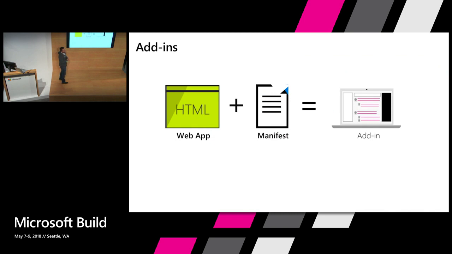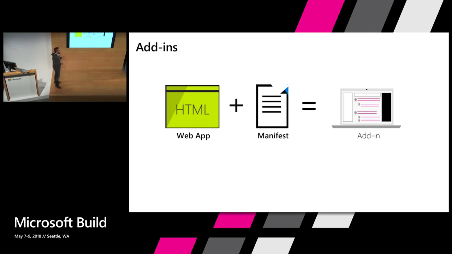And then last but not the least is add-ins. So add-ins, think of add-ins as a web app that runs in the context of the Outlook client. And you can build this app using your favorite web technology, but it's basically just HTML and JavaScript, and you can use any framework that you want, such as Angular.js. This web app is actually accompanied by an XML file, which we call the manifest. Manifest, at a high level, defines how your add-in is surfaced to the end user. And secondly, it defines what permissions your add-in needs.